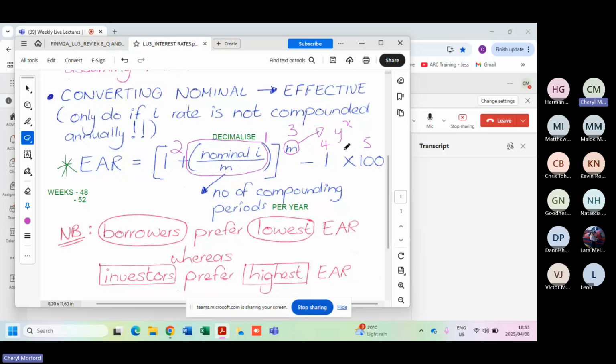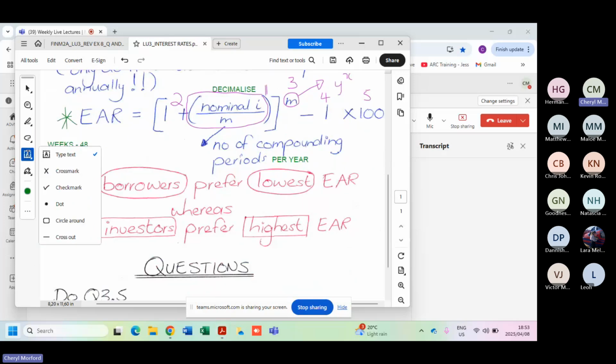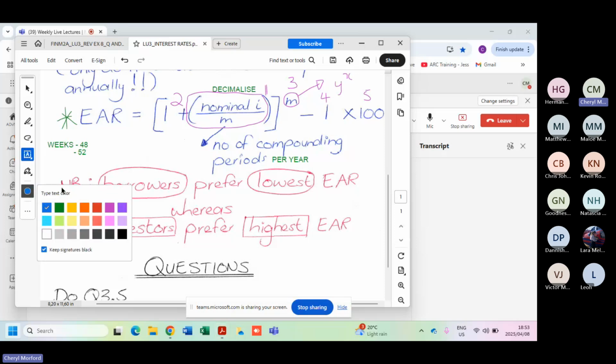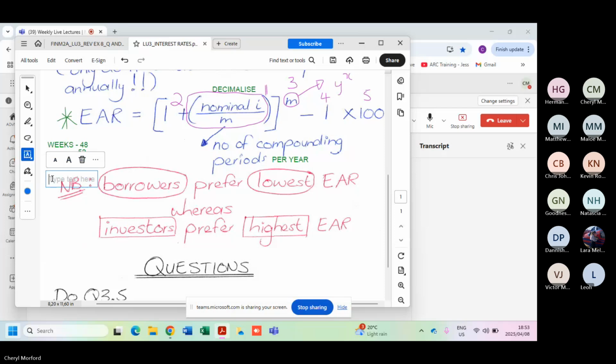Then what else could they ask you to possibly do in this kind of a question? Once you have actually calculated these things, they can say now, let us rank in order of preference. So in preference for who? Either a borrower or an investor. Those are the only 2 options. So remember, interest now works 2 ways. You can borrow it, in which case you pay interest. Or you can invest money and then you can earn interest.